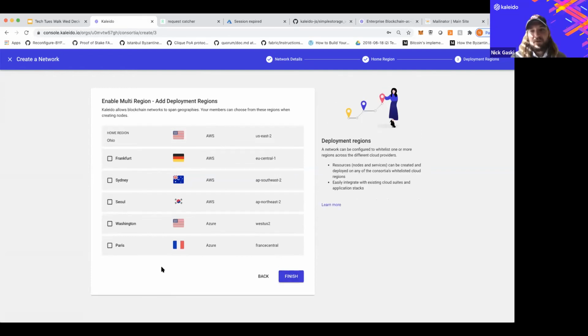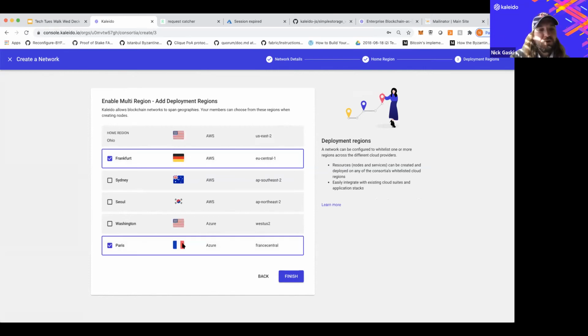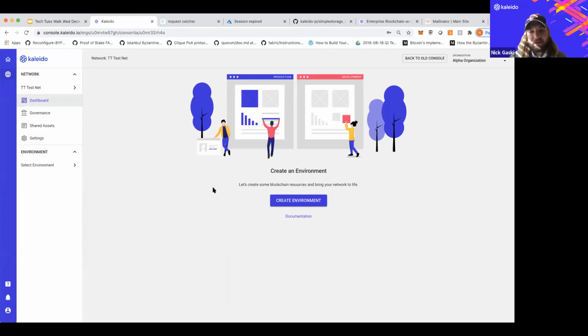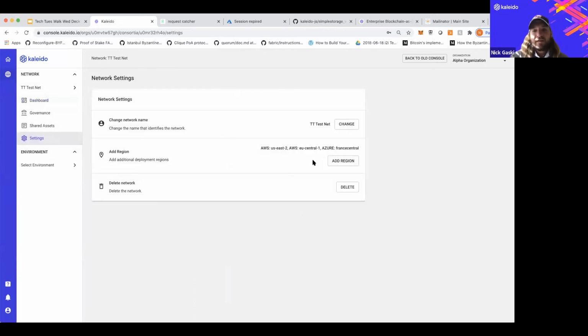And now we allow you to whitelist additional clouds and or additional regions. So if you have a global business network, a global Kaleido consortium, and you have stakeholders that want to run their infrastructure in Korea or in Australia or in the EU, Paris or Frankfurt, this is available to you as well. So we can turn this into not only a multi-region, but a multi-cloud consortium or business network. And one critical thing to take away here is that these aren't locked in time. These aren't binary decisions. So as your network evolves and new participants come onto the network, you can very easily continue to whitelist additional regions.